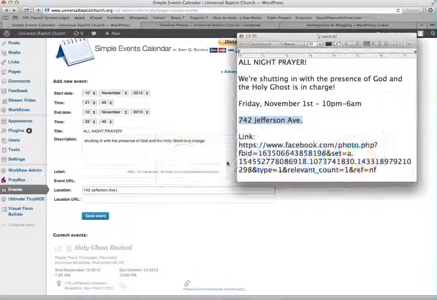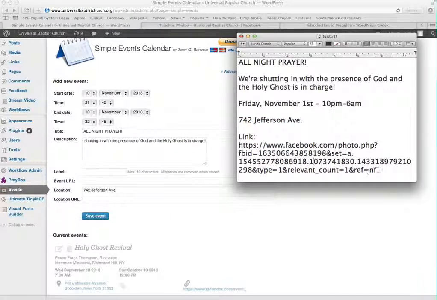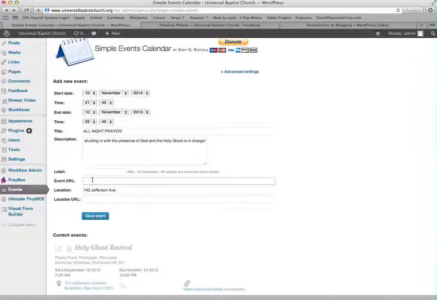If there's a URL or a website associated with the event, which we have here from our Facebook, we'll copy that because we want to drive people to the Facebook post. And we'll post that there. And again, as I mentioned before, this URL could also be a post within the site that may have more information. We could give it a label to keep it organized, but for now we won't. If there's a URL associated with the location, we could actually use the church's URL. We click Save the Event,